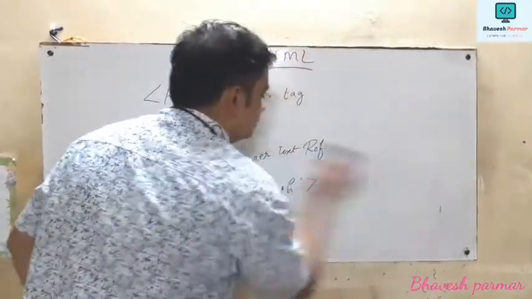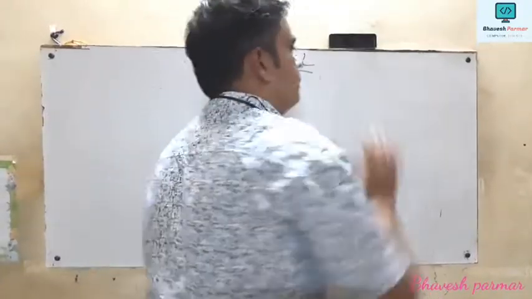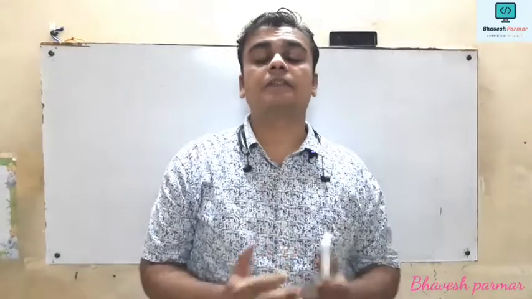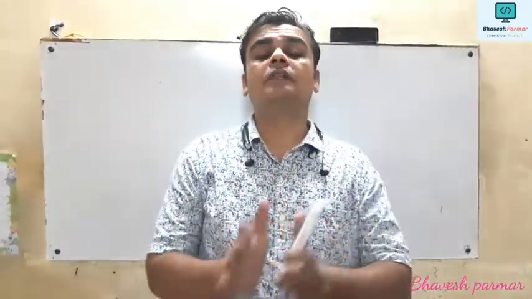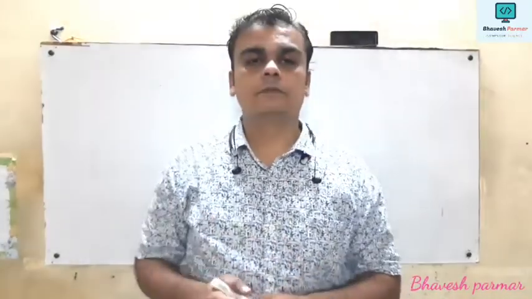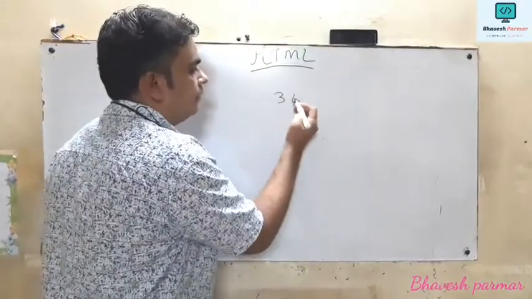In that question, what do they expect from us? Generally, we mention the usage of the a tag, meaning how to use the a tag, and then we have to describe all the 3 different categories in short with an example. So now we see one by one. There are 3 types of hyperlink.